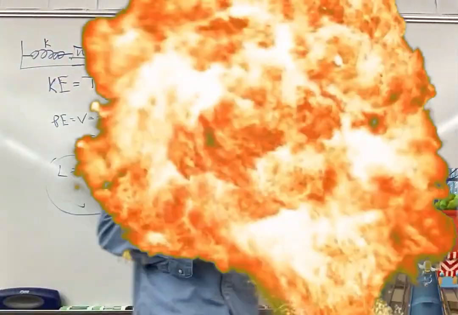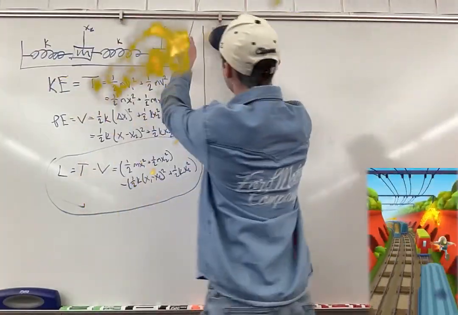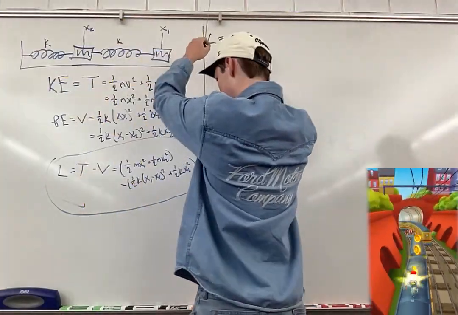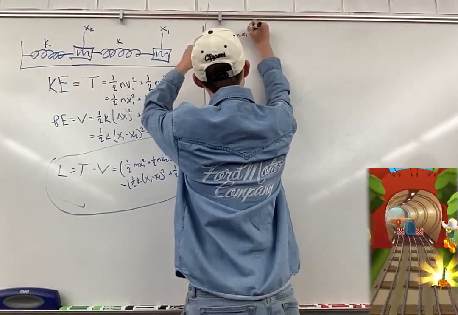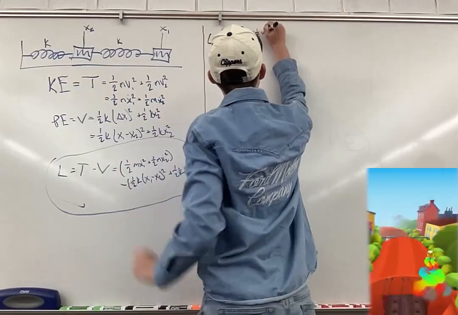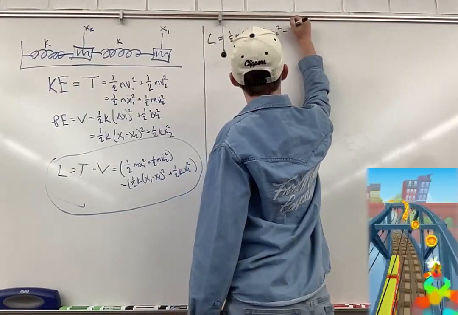Okay, so to find our equations of motion, first thing we're going to do is just rewrite our Lagrangian, so it's a little bit easier to see for me. So 1/2 m x dot 1 squared plus 1/2 m x dot 2 squared minus